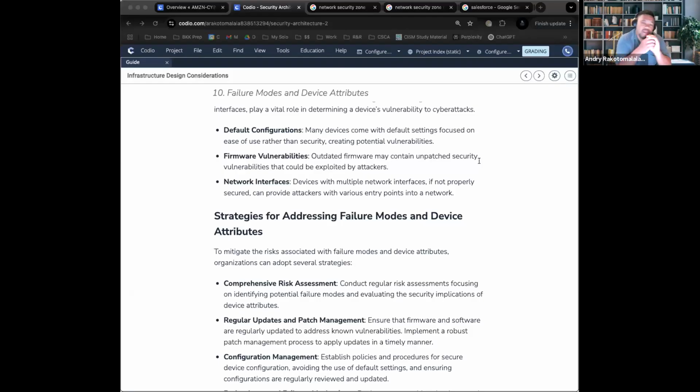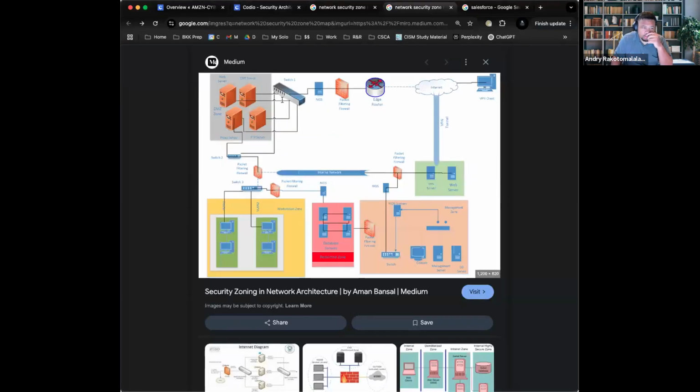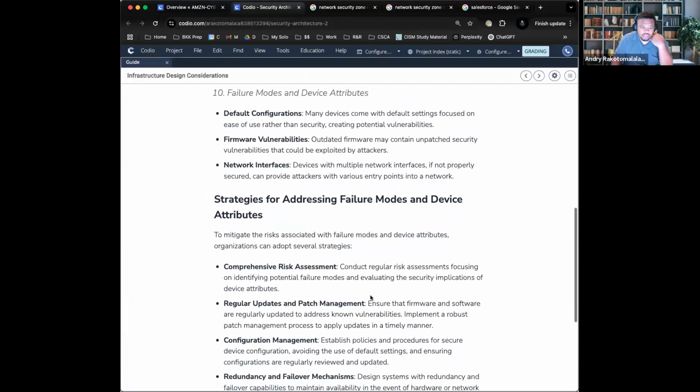If you don't remember, Patch Tuesday is when Microsoft releases patches. They tend to go out on Tuesday because then it's not the beginning of the week on Monday. Instead, it's on Tuesday so that if any of those patches go wrong, they can revert to the oldest version. And then the next one is network interfacing. So having multiple. That means you should have devices with multiple network paths, like multiple routers, multiple switches, different paths to get to the end destination. That's all it means.